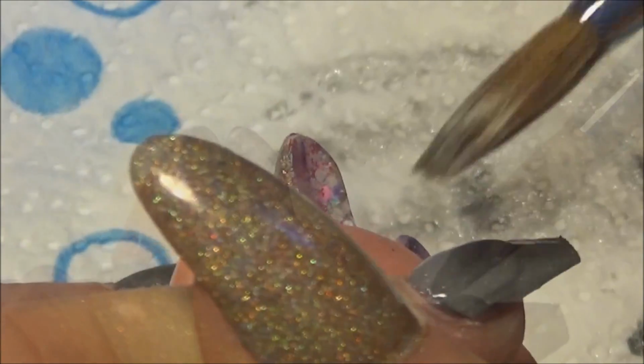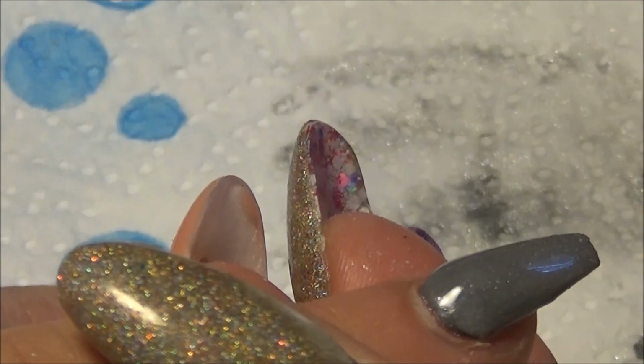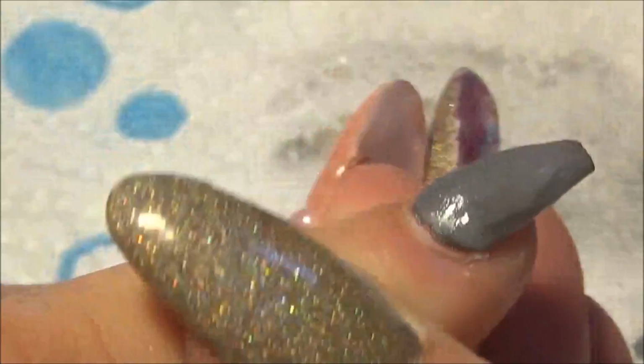So obviously, I normally do a 2 to 3 ball method, depending on the length of the nails. If they're tiny, then you can get away with 2. But obviously for this length, I like to put an extra just below the cuticle area, just